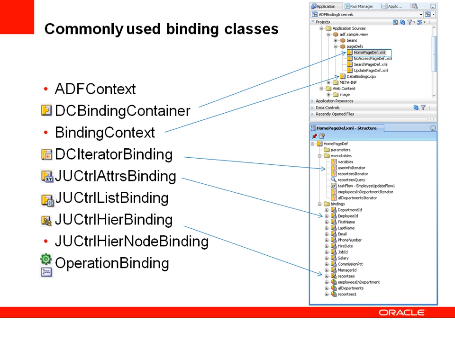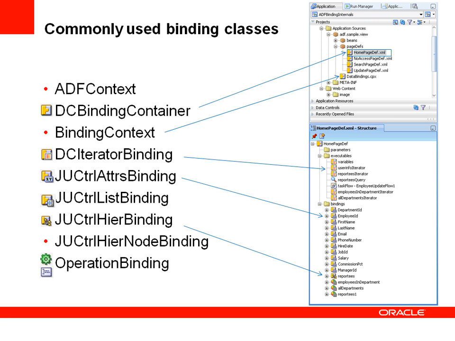The binding context is the live representation of the data bindings.cpx file. This is the registry of page def files and also contains the references to the data controls used. The iterator binding helps you to browse through a collection of data. So it helps you to look up rows, to insert new rows, delete rows if you wanted to do